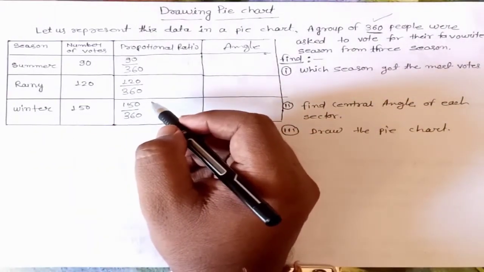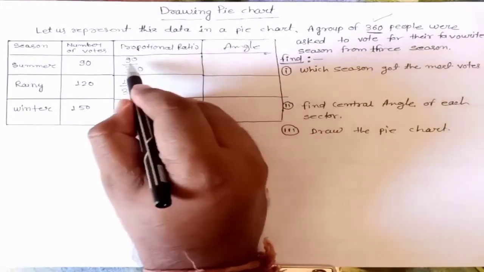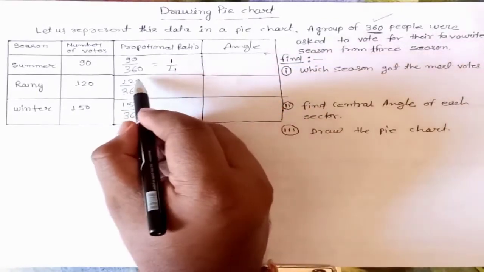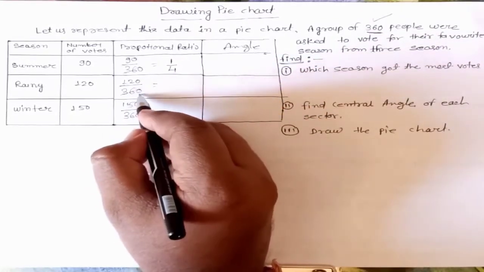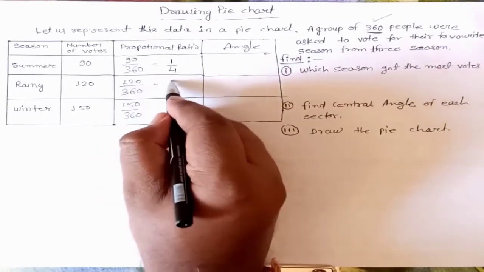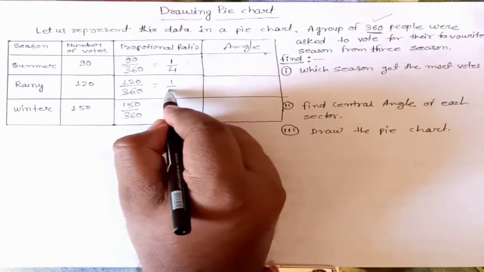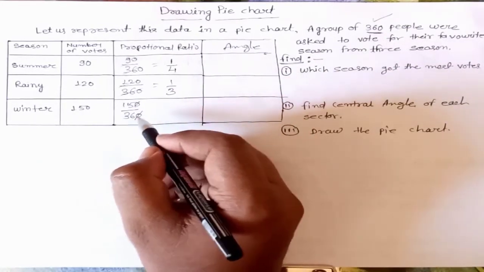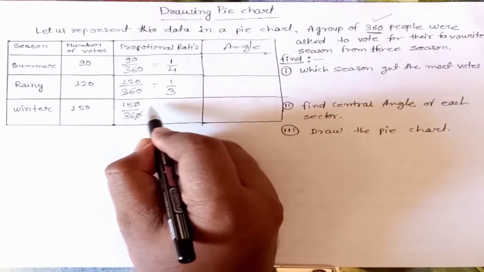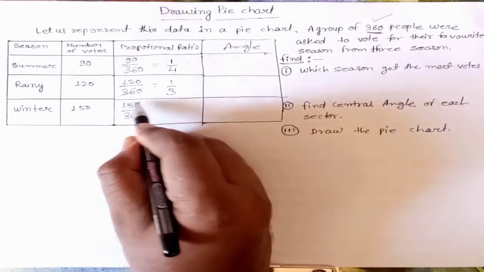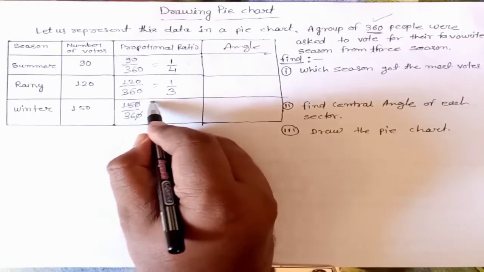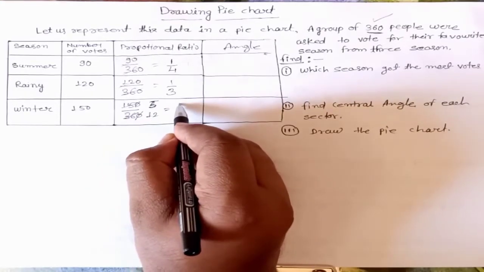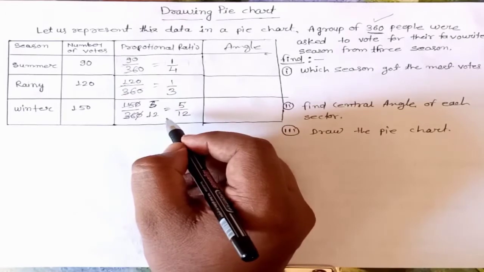You will get the ratios, right? So here this will be cut out. You will get 1 by 4. This will be cut out, 0 cut 0, and 3 times 12 is 36, right? 1 by 3 will become. Now 0 will be cut out. What will be cut? 3 5s are 15, and 3 12s are 36, right? So you will get 5 upon 12 as the proportional ratio.